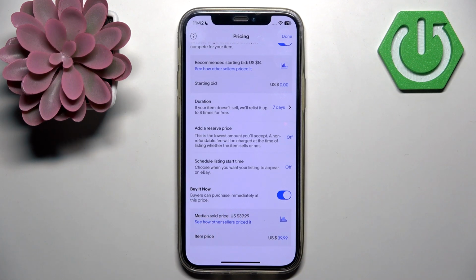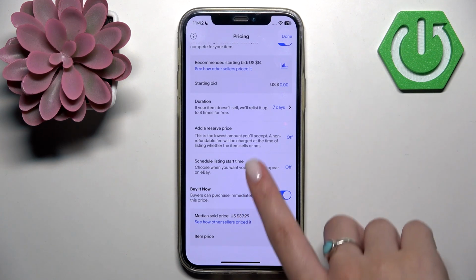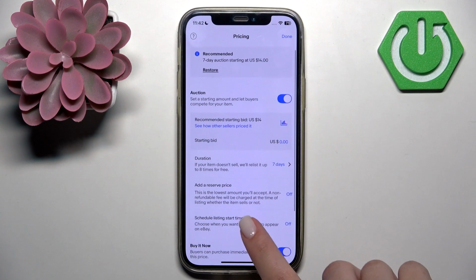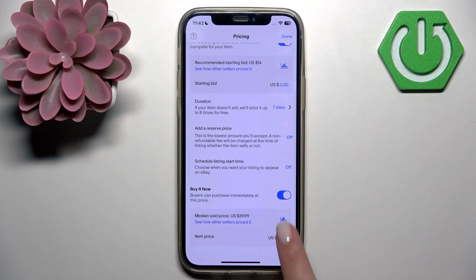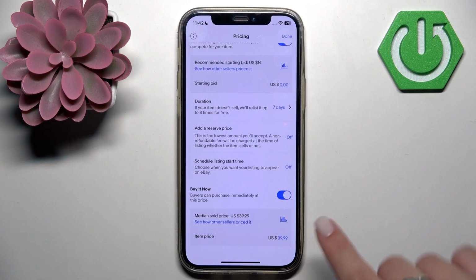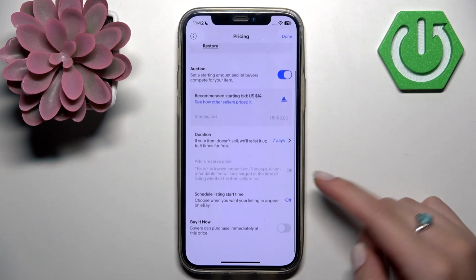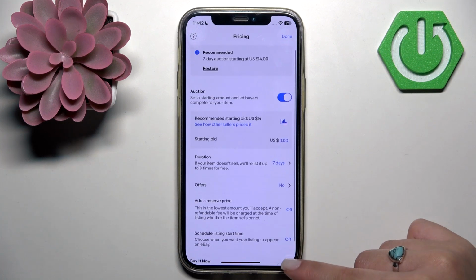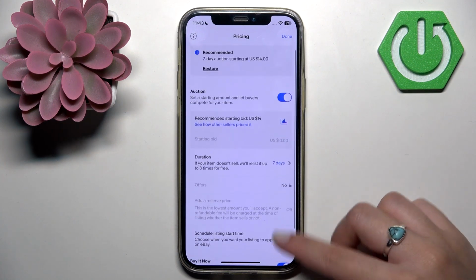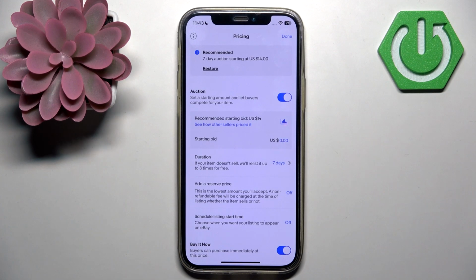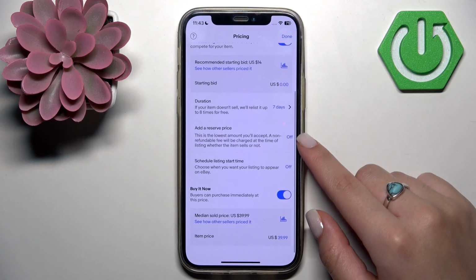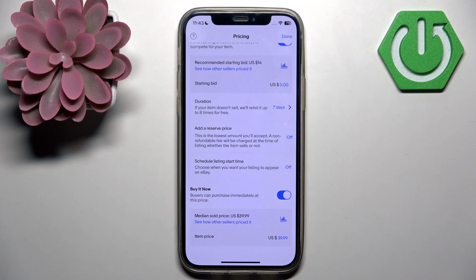So for those buyers who want to purchase immediately, they will not participate in this auction. And if you want to do that, you need to make sure that this option is enabled, and if not, you need to turn it off by moving the slider to the left, and vice versa. You can enable it by moving the slider to the right, and then